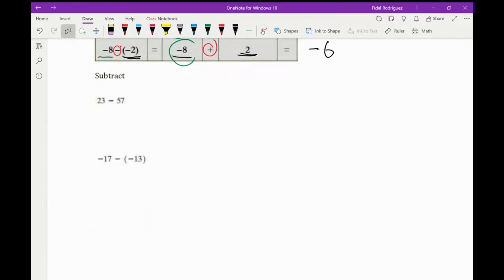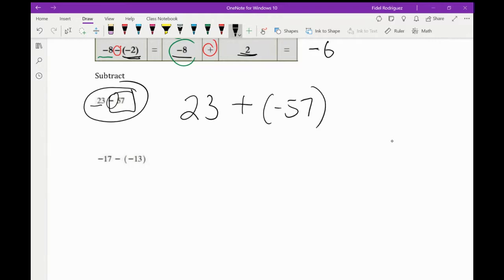So I'm going to show you what I mean by that. I want you to look at the first one that I have here, 23 minus 57. I'm going to leave the 23 alone. I'm going to change this minus to a plus, and then I'm going to put a negative 57, okay? Because the number here is positive 57, that negative became the plus sign, so I had to change that positive 57 into a negative. So if I have $23, but I owe you 57, after I give you the $23 that I have, I'm still going to owe you 34, right?